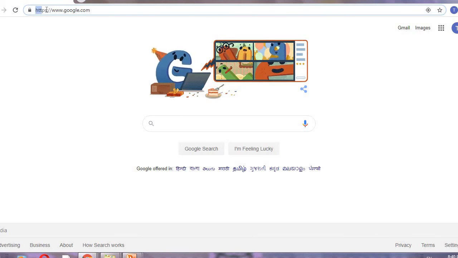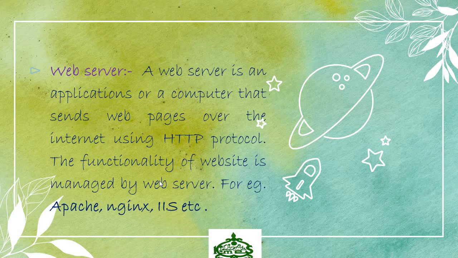This is the protocol, the rule for this website to transfer over the internet. Okay. The functionality of a website is managed by the web server. All functionalities of a website are managed by the web server.